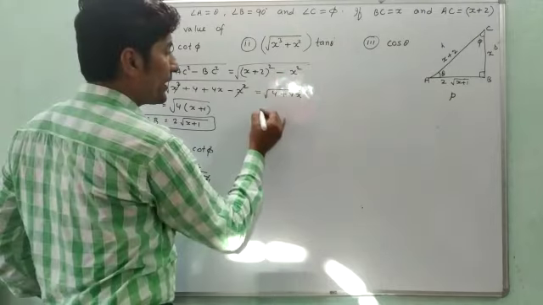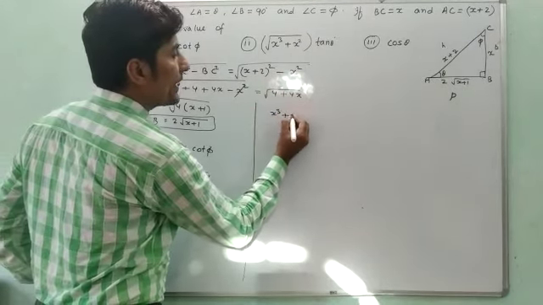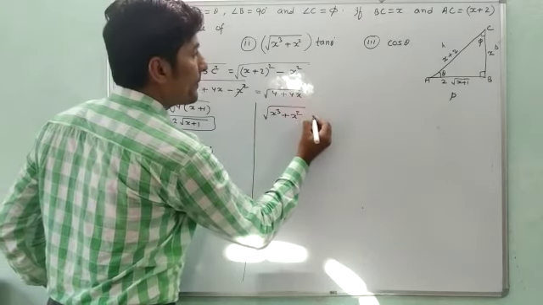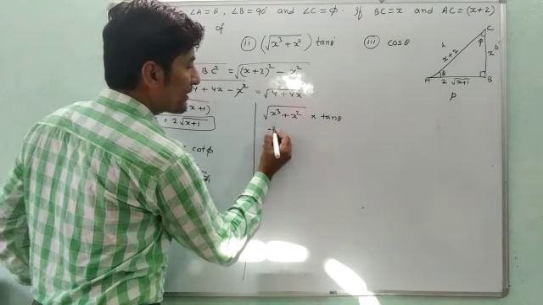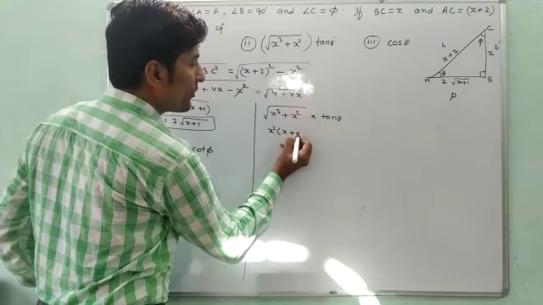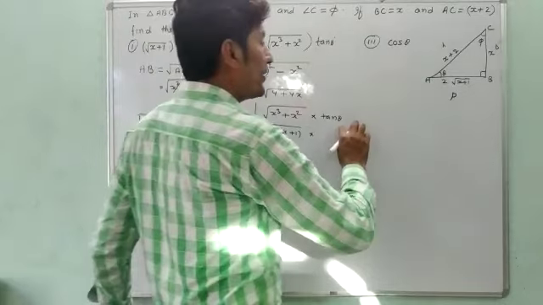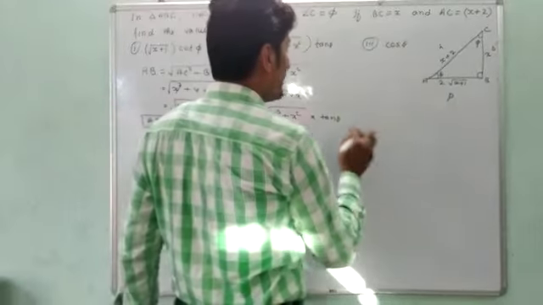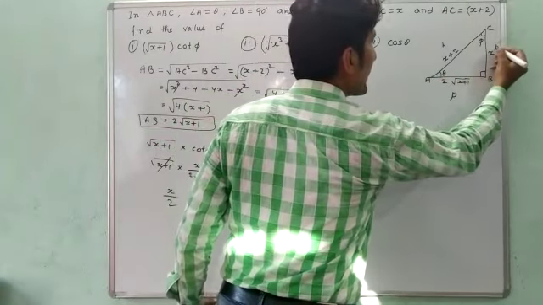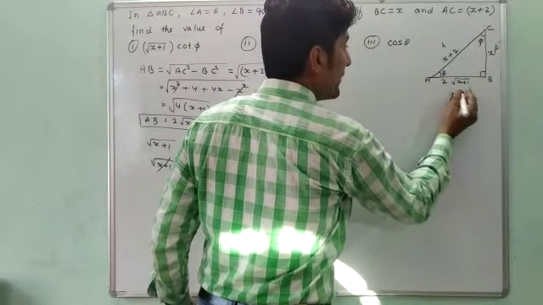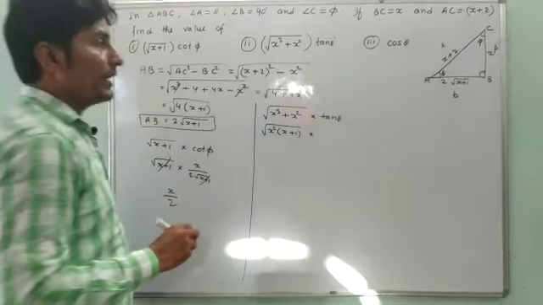Now the second question we can solve right now. Under root x cubed plus x square, multiplied by tan theta. Here we can take x square as a common factor. Now x plus 1 will be as it is, no change. In place of tan theta, we can write p upon b. This time theta is at point A, so the side opposite to A will be taken as p, while this will be taken as b. H will remain constant. There will be no change on h.